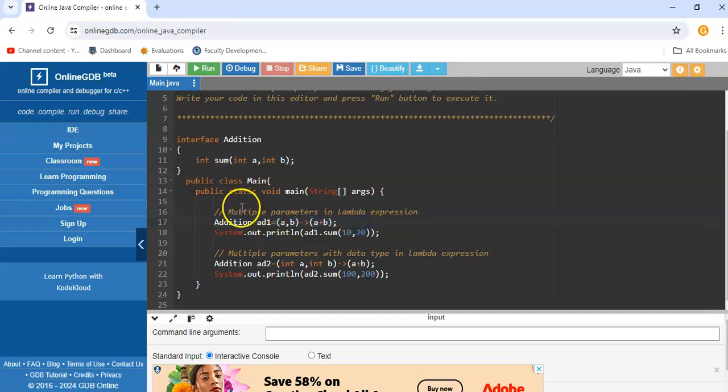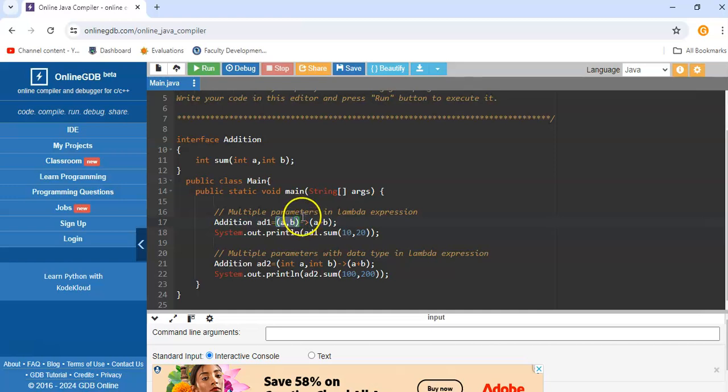So what is being done here within the main method is, the interface name is addition, and for the interface the variable ad1 is created, and on the right hand side we have the lambda expression. The lambda expression syntax is the argument list given within the parentheses, that is the method arguments. This indicates the arguments of the method defined within the functional interface. The sum method contains two arguments, so the lambda expression is also given two arguments.